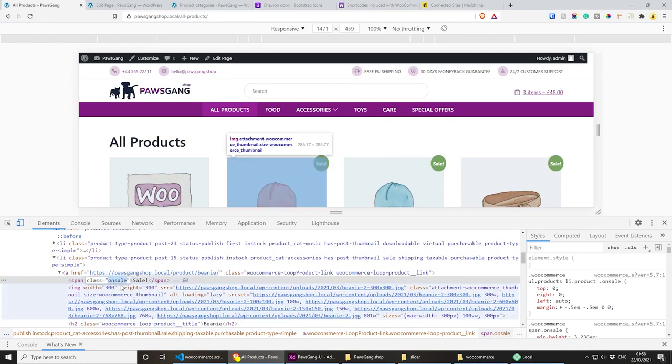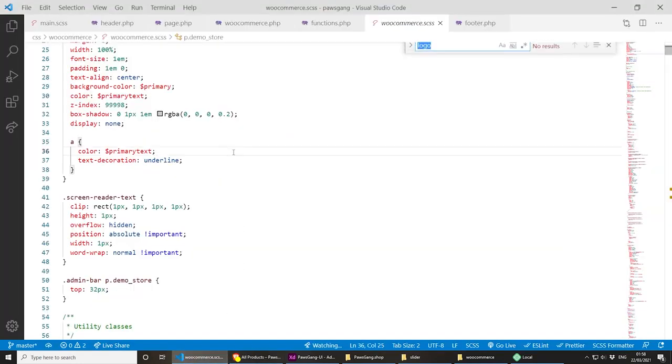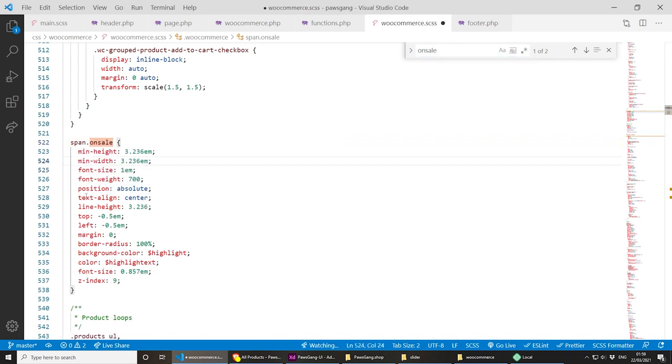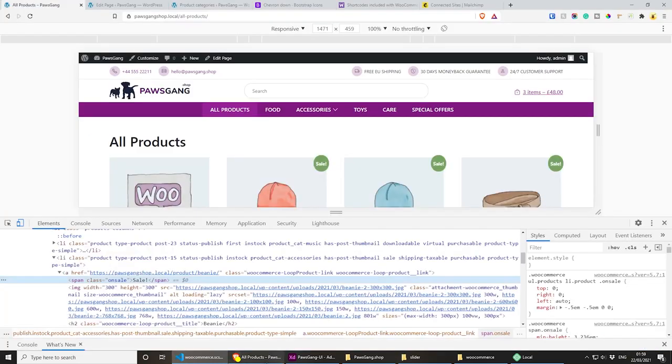Who knows? So on sale is the class. Let me copy it and search for it. So here it is, on sale on line 522. And the problem was the padding. So if I remove this, save this, this will compile successfully. It will save, and hopefully